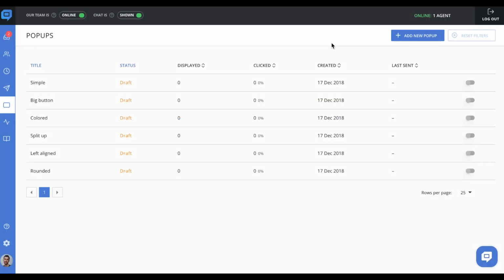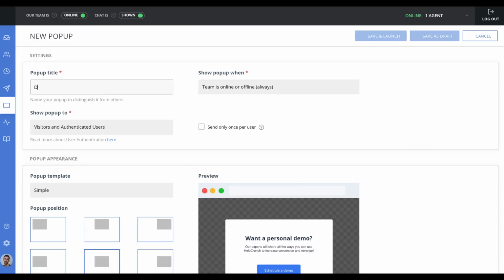Pop-ups are basically your auto messages that just look a bit different. They help you generate more website leads on autopilot by effectively grabbing visitors' attention at the right time. Let's create a pop-up as an example and name it something like, "Don't leave," and you'll see why in a